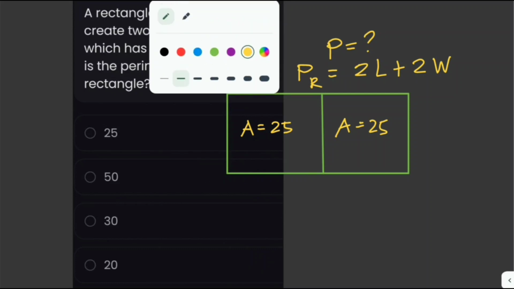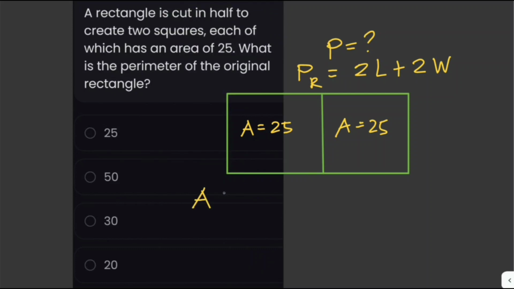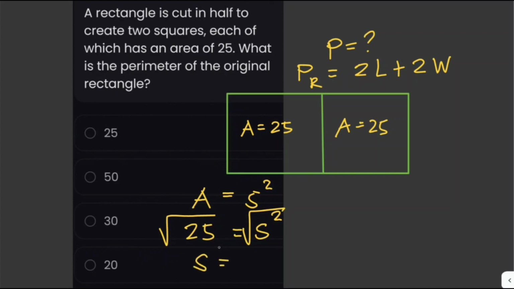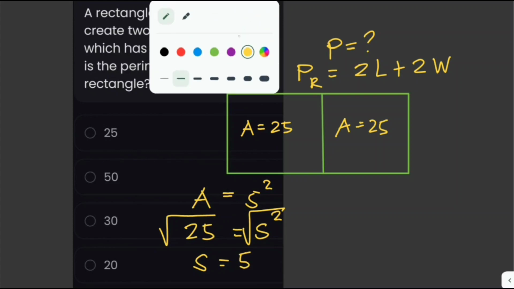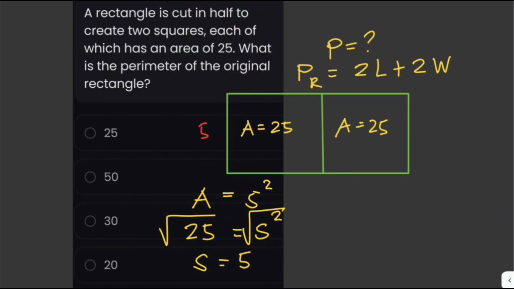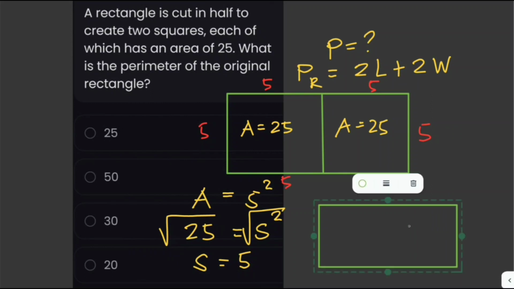Okay, we're given here the area of the square, and we know that the formula for solving the area of a square is just s squared. We're given the area, which is 25. We plug in 25 here. S squared, and then we square root both sides. Therefore, s, or the side, is just equal to 5. So this one is 5. Okay, all of the sides are equal to 5. And now our original rectangle would have dimensions